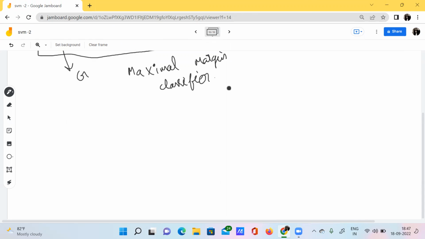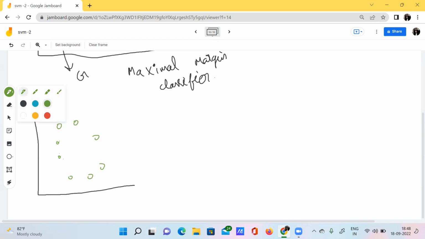For example, I have a scenario like this. In this scenario, can we apply this maximal margin classifier?